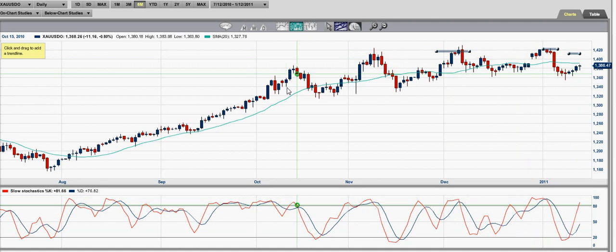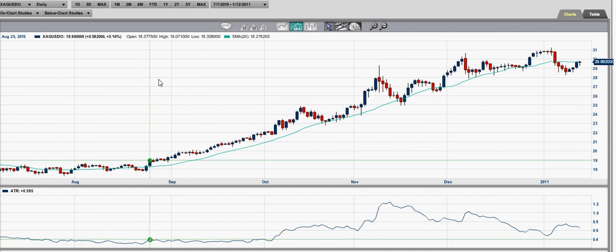Most likely have a head and shoulder pattern complete, and then you can anticipate the market pulling back below the multi-year channel line, which I don't have enough time to go ahead and show you right now. But you guys will get a basic idea if you go ahead and watch my previous video on that multi-year channel. Let's go ahead and review the XAG USDO, which is pretty much a silver spot on the Forex market,